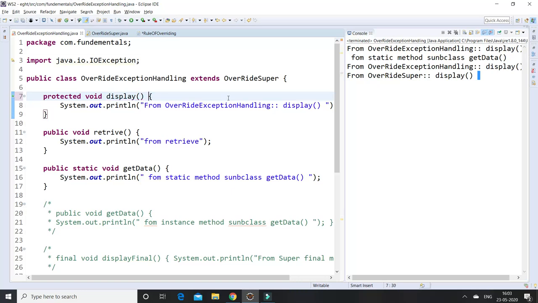Okay, so that is the exception handling with overriding. Only 2 points we have to remember here. One point is if the parent class has declared any exception, you must declare it in the subclass also. If you are not providing any exception in the parent class level, at the subclass level you can declare unchecked exceptions. But checked exceptions are not specified in the subclass level, even if you are not declaring an exception in the parent class level. That is the one point you have to remember.